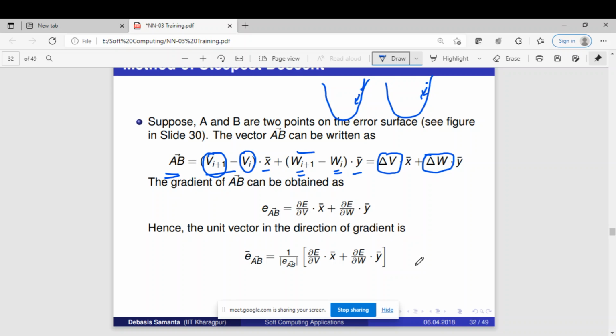So you recall our original diagram which we are assuming. We are assuming a 3-layer neural network where there is an input layer, hidden layer and output layer. The weights between input layer and hidden layer, we are assuming it to be v, and the weights between the hidden layer and the output layer, we are assuming as w. So we are using two parameters, v and w.